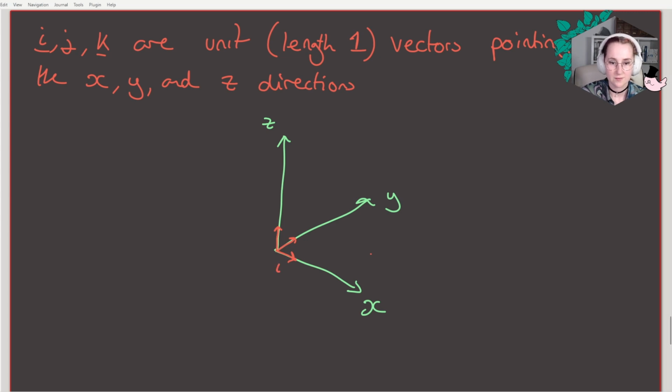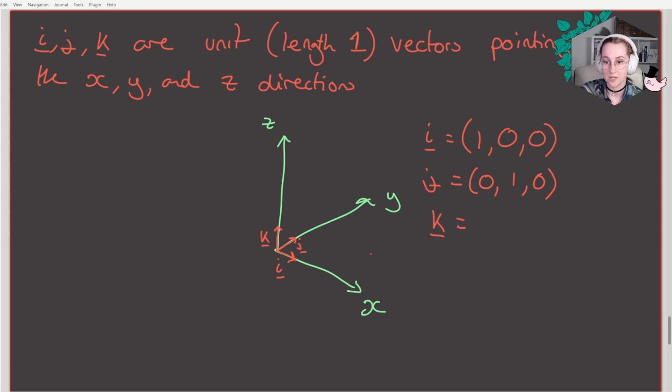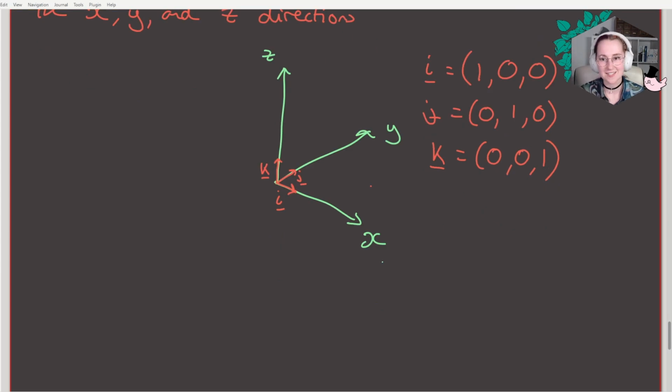So i, okay. And you could think of, if I wanted to write them out in those things, this would be 1, 0, 0. j would be 0, 1, 0. And k would be 0, 0, 1. Because if I want to go i, I go unit 1 in the x direction. I don't go in the y, and I don't go in z. Same with j in the y, same with k in the z. So yeah, that's how we describe